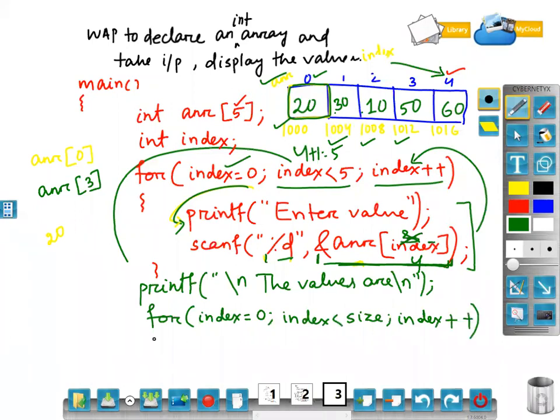And inside that, I'll print the values. So printf %d, and while executing, give a space, so that the values will be printed with a space and you can distinguish the values.